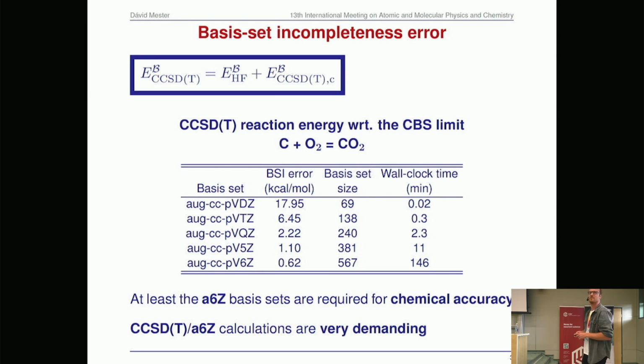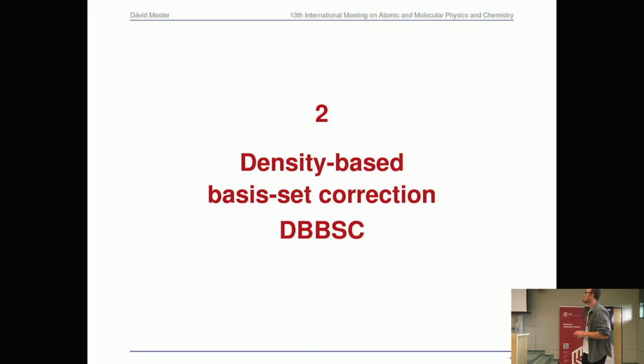So the question is how can we reduce the basis set incompleteness error? The most trivial answer is the explicitly correlated methods, but they are rather complex in terms of derivations, implementations, and computational requirements. A few years ago, a very effective and robust approach was developed by Julien Toulouse and his coworker, called density-based